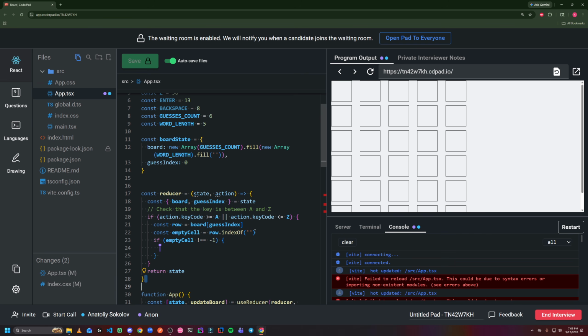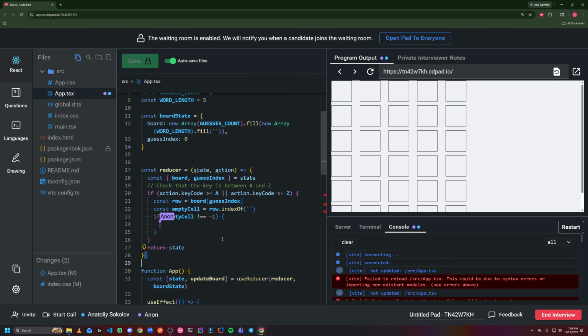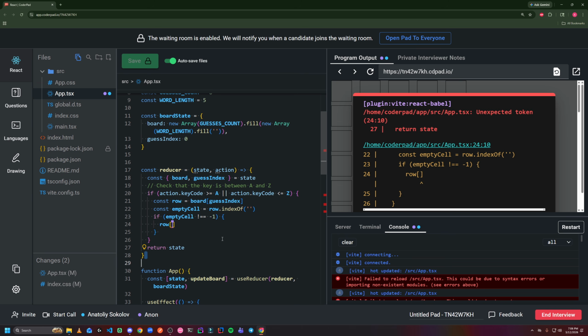Then we'll just set state, or actually no, can't do that. We'll do row at empty cell is equal to